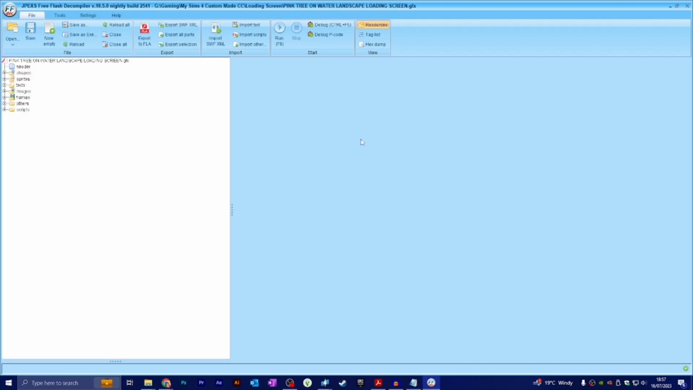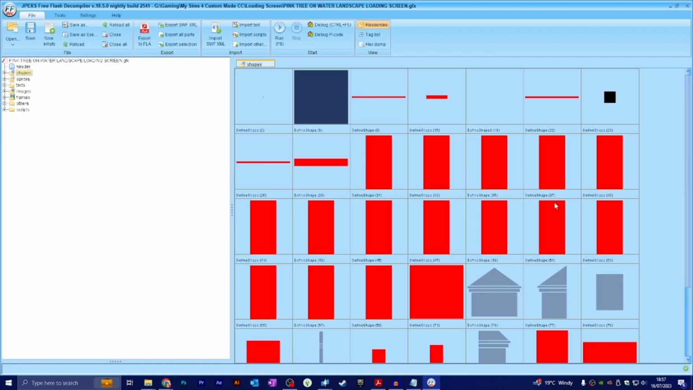Okay, once you've done that, the pink tree on water landscape loading screen GFX will open with a drop down of menus, basically folders. The one that you need is the one that says shapes. All you have to do is click on shapes. When you click on shapes, you're going to see this entire screen of red boxes and shapes, etc., that sort of thing. There's only one that we are interested in, and that's the blue one, my favorite color. And so with the blue shape selected,